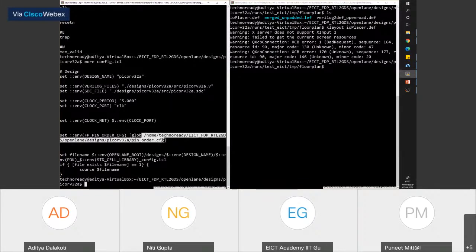Please remember to change this path to whatever is in your directory. And after that, I ran everything again from synthesis to init floor plan to place IO all.